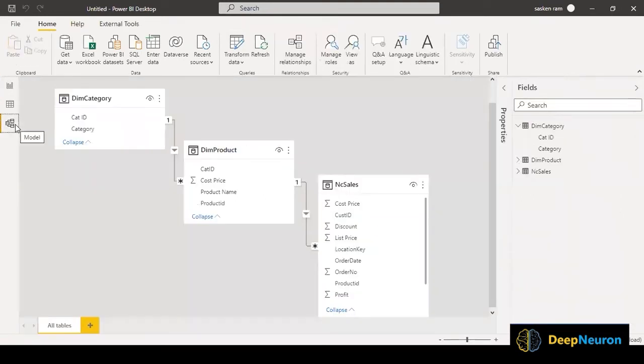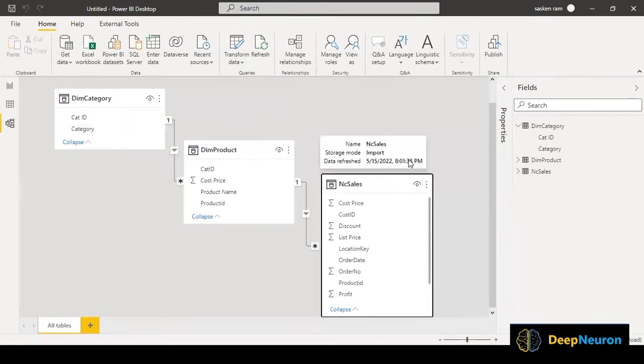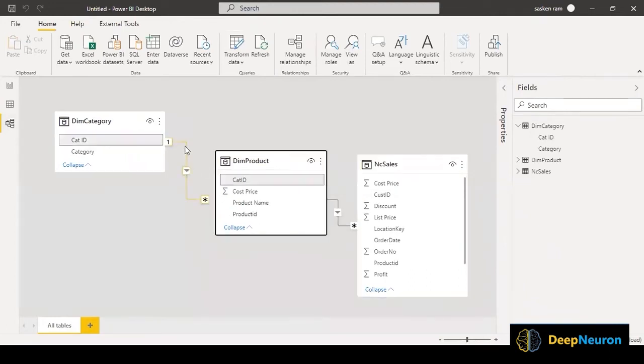Now I just go to the model view. This is my model view. I did not do anything here. Simply I imported these 3 Excel files into my Power BI Desktop. When I clicked on this, I could see that automatically the relationship got created in Power BI. This is called the model view. What is the relationship? The link, whatever you see, right? When I hover the cursor on top of this one, on the left side cat ID, right side cat ID, these two columns